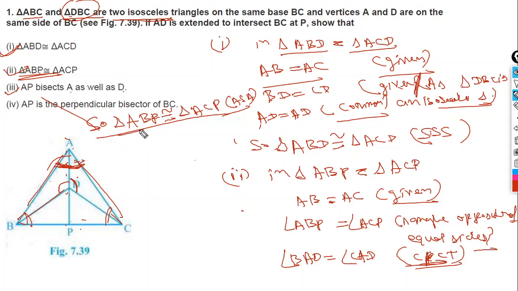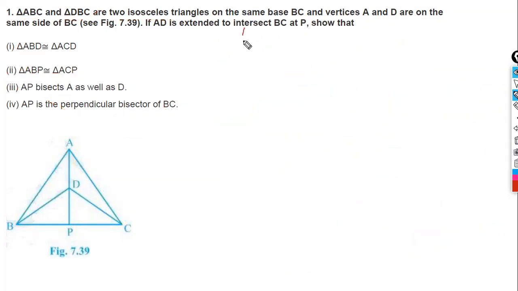Now we have this angle and this angle the same. Why? Because angle ABD is congruent to angle ACD. These two triangles are congruent, therefore these two angles are also equal. Now if these two angles are equal, isn't it, 180 degrees minus this angle and 180 degrees minus this angle will also be equal. Okay, we'll do it. Now first we'll clear all of them so that we can make some place.